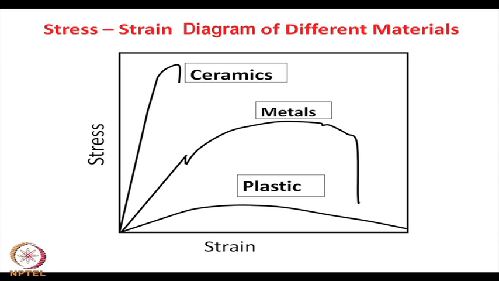So, if the stress is beyond the elastic limit, then there is an irreversible or permanent deformation, and even if you remove the stress, that permanent deformation is retained. Only a small fraction of the deformation gets released, a small portion of deformation is recovered, and that is the elastic part. So, any deformation of the material consists of two parts, one is the elastic deformation and the other is the plastic